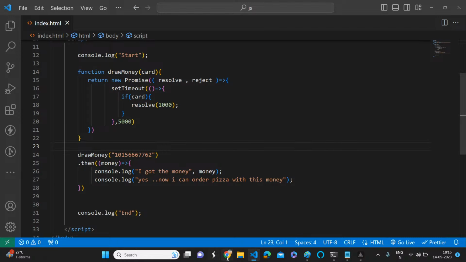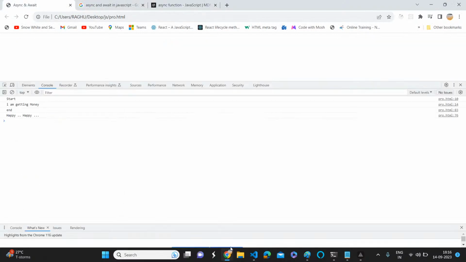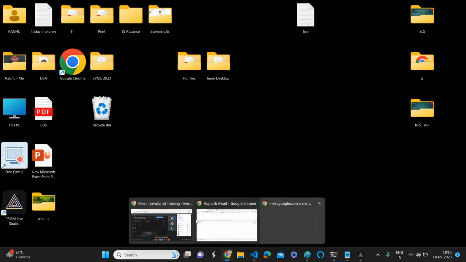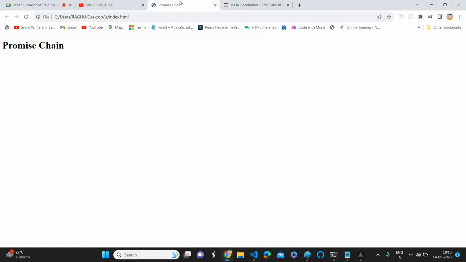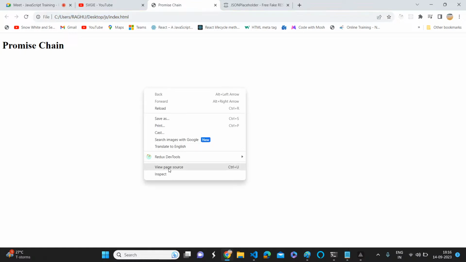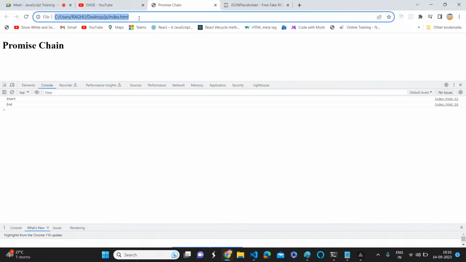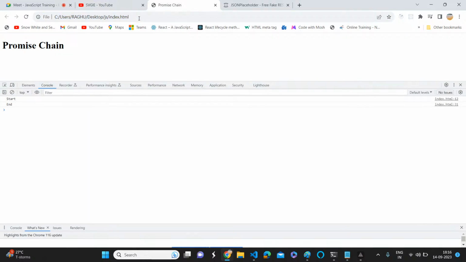Let's execute this one. Where is that? I think I just opened another window. Let me refresh because we have made some changes. So start. It will take 5000 milliseconds to get the money. Let's see whether it is working or not.